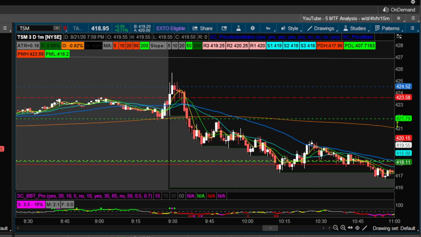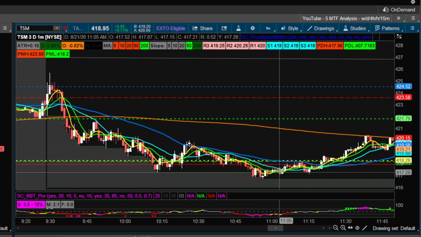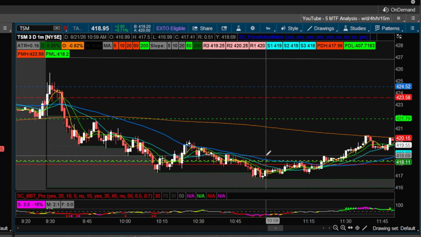Because what's going to happen is they love to capture the pre-market traders offsides. They love to grab the liquidity right here in this area and then rip you down, and then come back into your moving averages, a little bit of a gap fill. I'm not even sure if it filled the gap entirely, but it captured your moving averages,